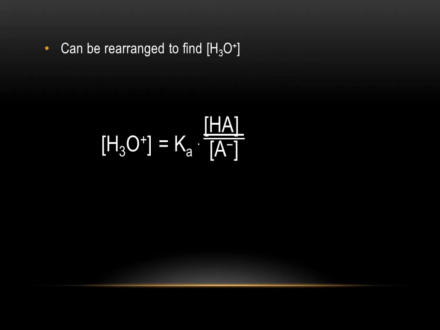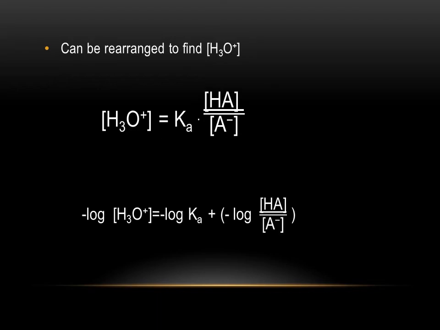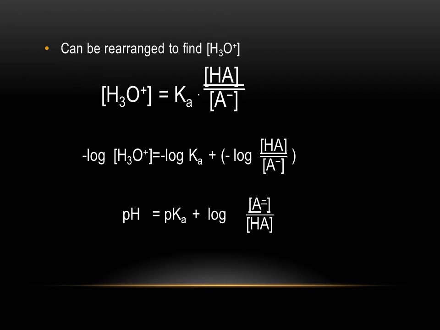If we rearrange that equation, we have an equation for the hydronium concentration. It would just be equivalent to the Ka times the acid concentration over the concentration of the conjugate base. Now, if we were to take the negative log of both sides of that equation, and realizing that the negative log of the hydronium concentration is just the pH, we can switch this equation to look something like this. The pH is going to be equal to the pKa, that's the negative log of the equilibrium constant for the acid,